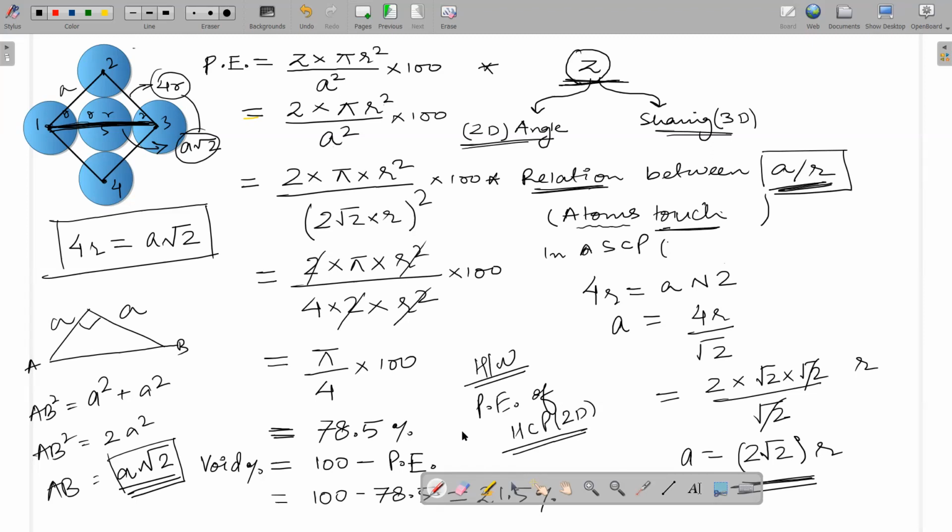Okay, Ahmed, yes, please do. I will try my best. I mean, there are some limitations, but I won't let you enter the class, I will remove you, if you don't come up with the answer. It is just one question, and it is available in NCERT. So by hook or crook, you have to come and tell me the packing efficiency of hexagonal close packing.